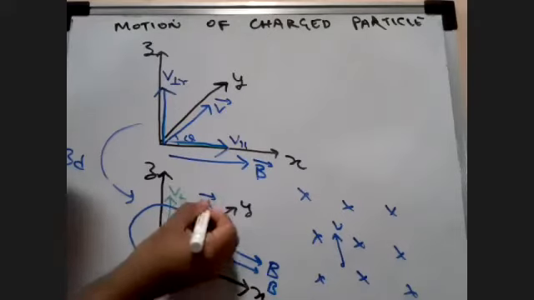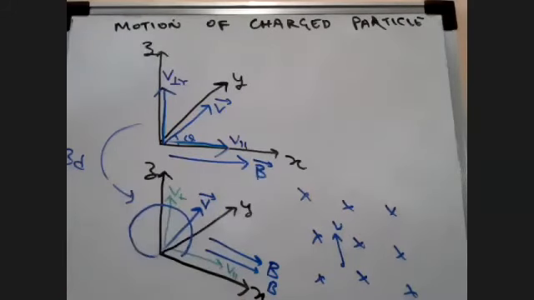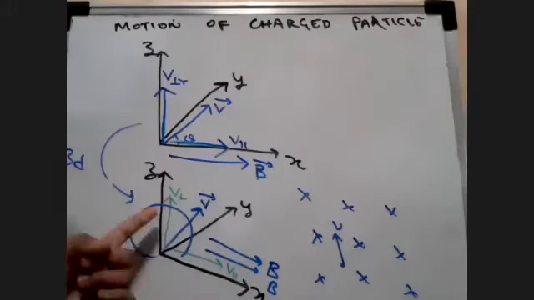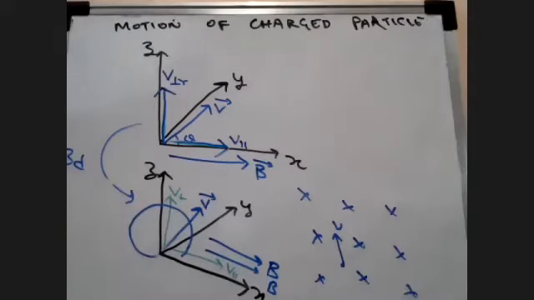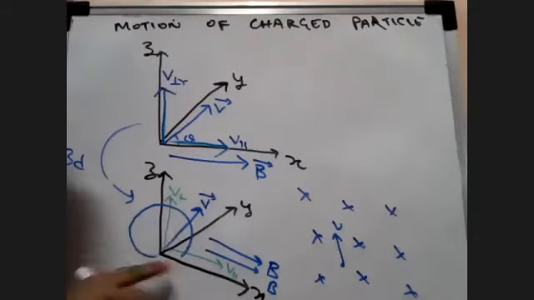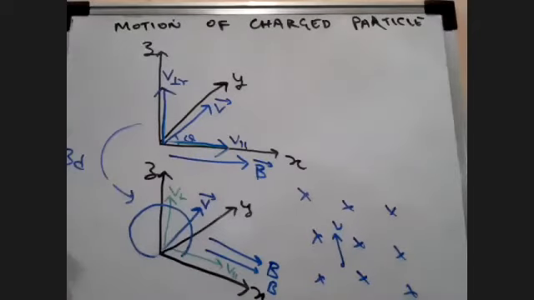And if it is moving, students, like this, there is one more factor we need to consider. What is that factor, students? The factor here is that V perpendicular is making a circular path. Okay, we understand. But what is the effect of V parallel? What is the effect of the horizontal component of the velocity vector on the charge? Will it pull it towards the x-axis? Yes or no?